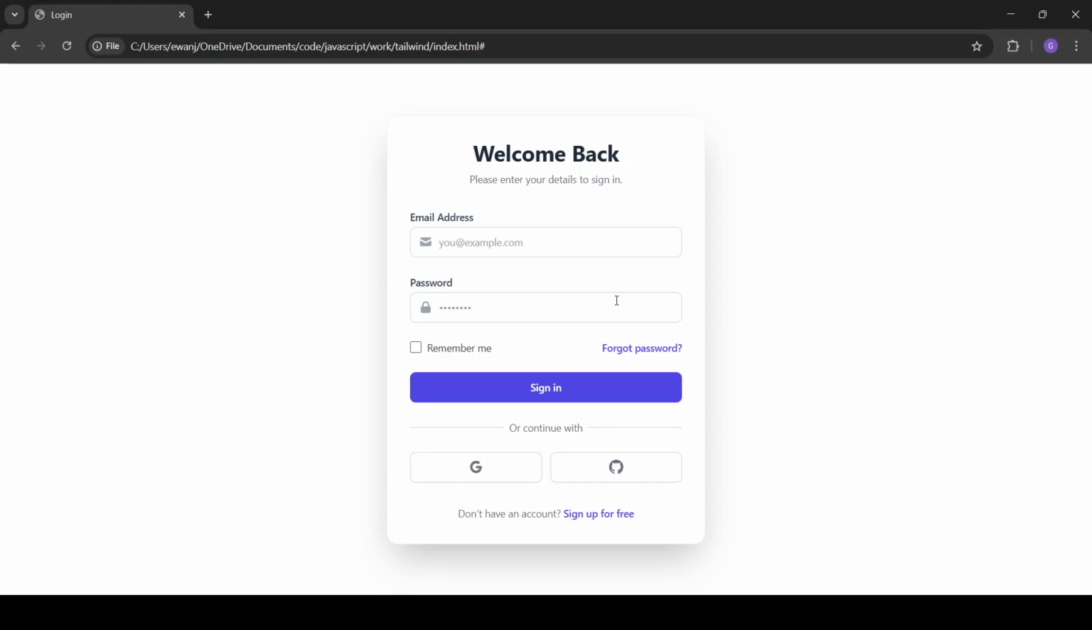If you're even somewhat familiar with the modern web development industry, you've probably heard the name Tailwind CSS somewhere. But what is Tailwind CSS and why would you use it? Now, this is just a simple login function